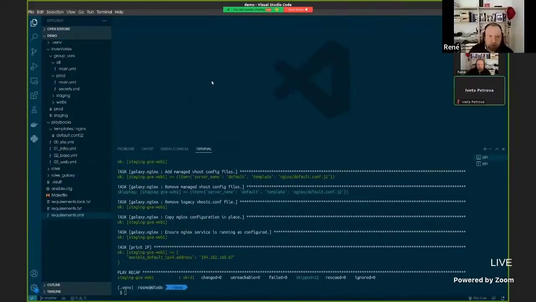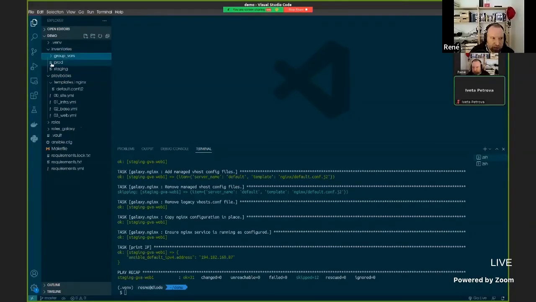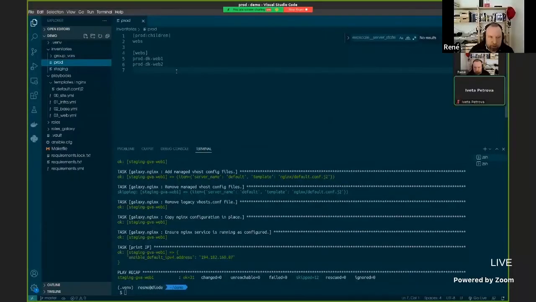Okay, so on the left-hand side, you see my inventory. We have prod, which has two web servers grouped by web, and in the staging environment we only have one staging web server. These are grouped into a staging group and a production group.